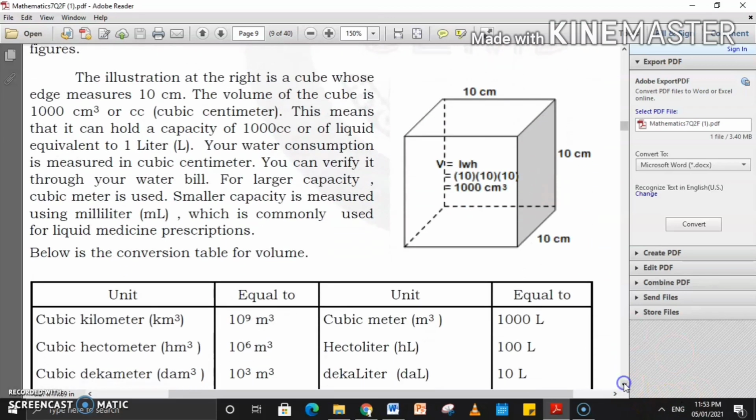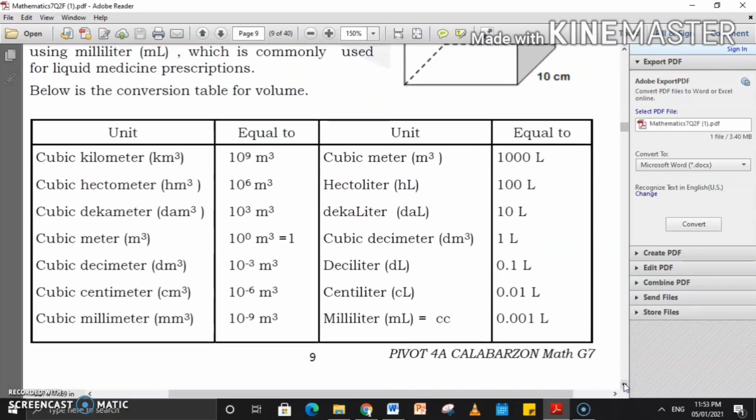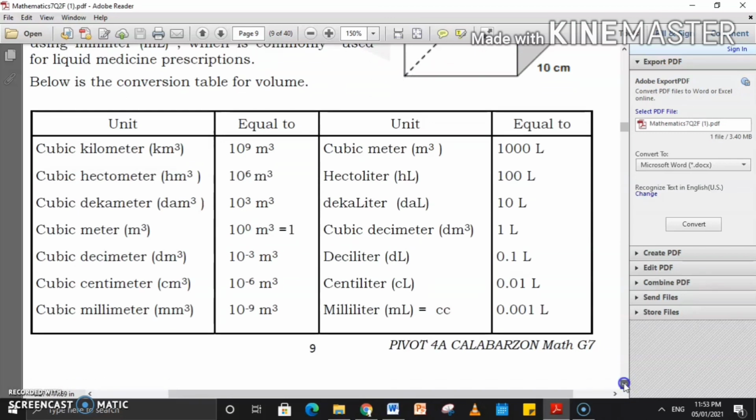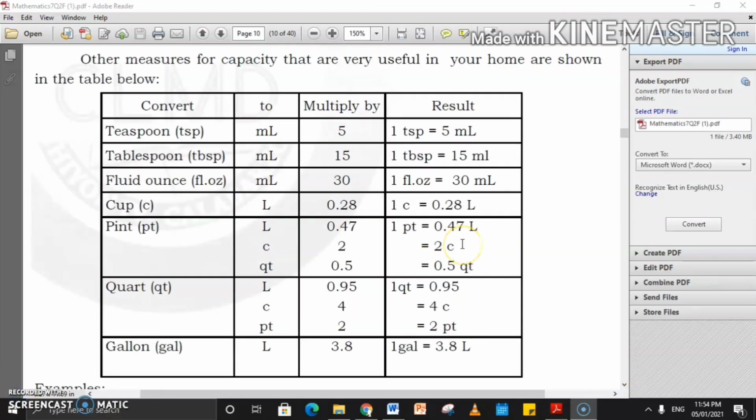So, ito yung conversion table for volume. If I'm not mistaken, inilagay ko din to sa inyong activity sheets. Makikita nyo dito yung different useful conversion na magagamit nyo kapag magko-convert kayo ng volume. Ngayon, turuan ko muna kayo kung paano mag-compute or paano mag-convert ulit, using conversion table. But before we convert,